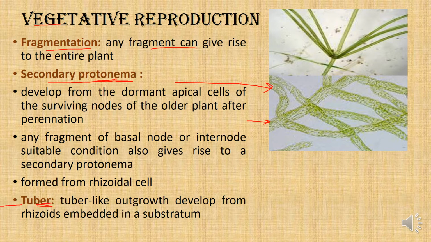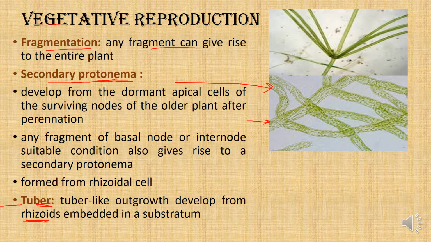Then we have tubers. While studying Chara, of which I have also made a video in two parts, one the introductory part and another on reproduction, the link to which I have also put in the description box, we saw that Chara has amylum stars and tubers. In Nitella, we are seeing only the tubers, and these tubers arise from the rhizoidal portion, not the basal nodes, but just the rhizoidal portion.